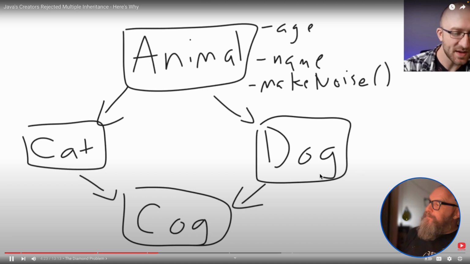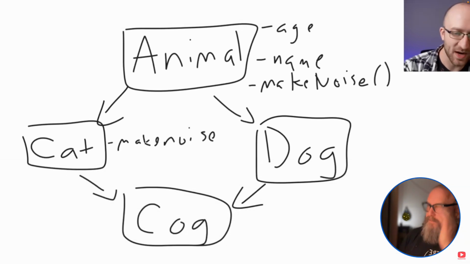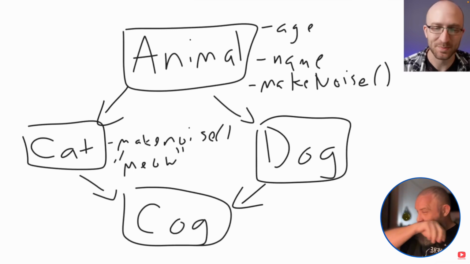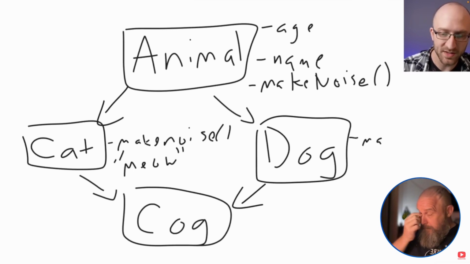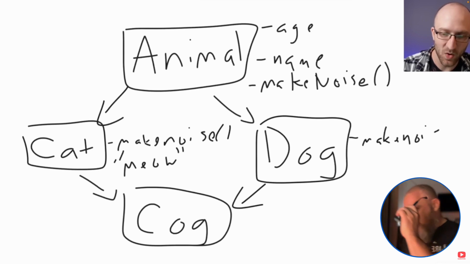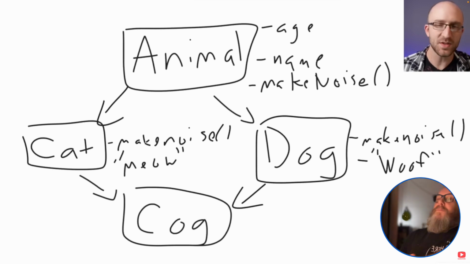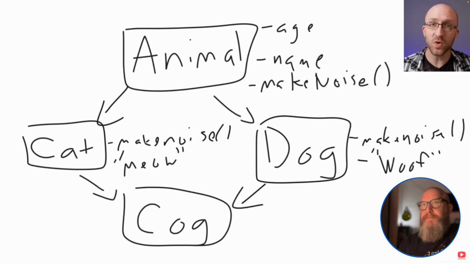So yeah, let's say that in our cat class, we implemented that make noise method in a certain way that would make sense for a cat. So in our cat class, it might make sense to print out meow. Terrible handwriting, but you get the picture. And then what if similarly over in our dog class, we implemented that make noise method in a way that made sense for a dog. So for a dog, maybe we would print out woof. But now we have this new cog class, which we're trying to have inherit from both the cat and the dog class. And of course, since it inherits all the methods from both of its parents, it's going to inherit the make noise method from each of those parents.